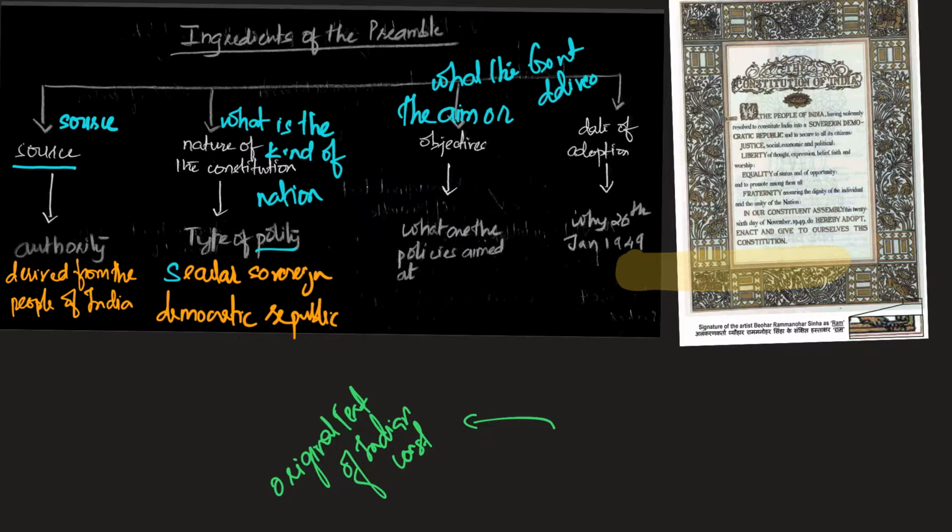These are the objectives that citizens expect to be imparted to them from the government they elect. If a person gives a vote to a party or a person, he expects in return policies that will be based on